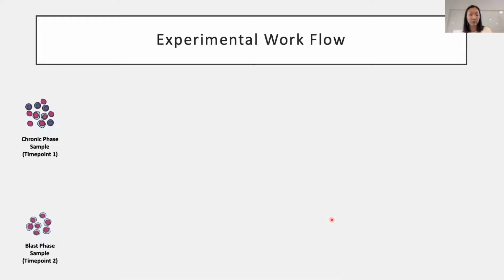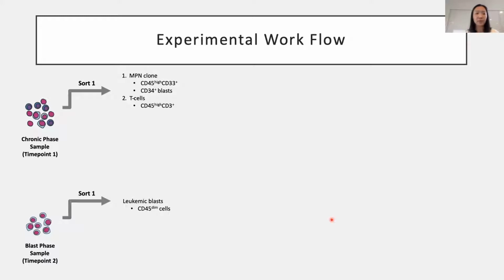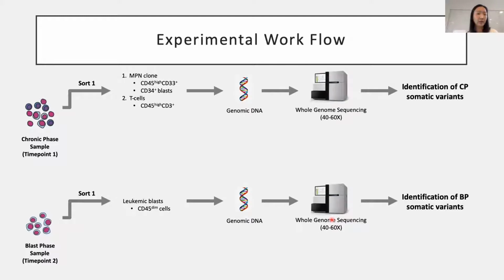So our experimental workflow was as follows. From the blast phase sample, or time point 2, we performed a sort where we collected leukemic blasts. From the chronic phase sample, we collected the MPN clone, which consisted of mature CD33 positive cells and CD34 positive blasts, which were all collected into one population. We also sorted out T cells for reference control. DNA was obtained and submitted for whole genome sequencing in order to identify blast phase variants as well as chronic